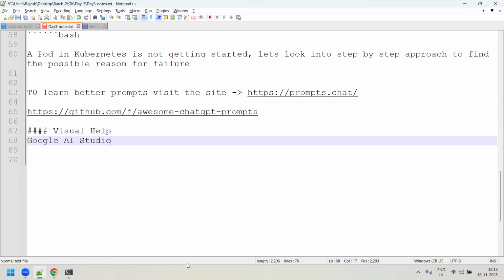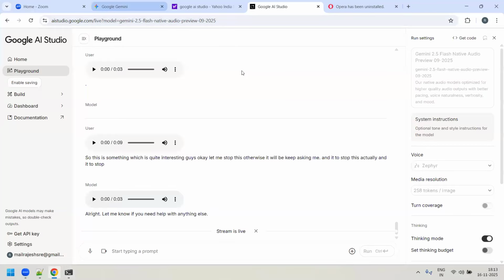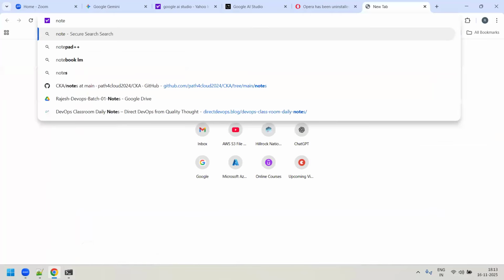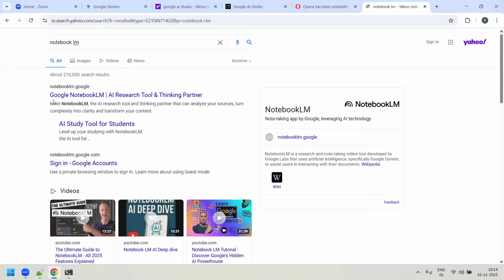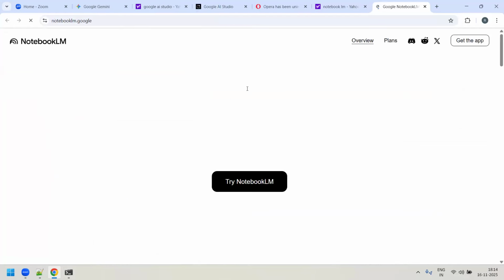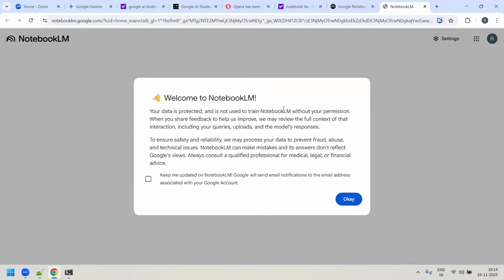If you go to Google and search for NotebookLM, this is Google's NotebookLM, an AI research tool and thinking partner. A very good tool, where you can give all details.